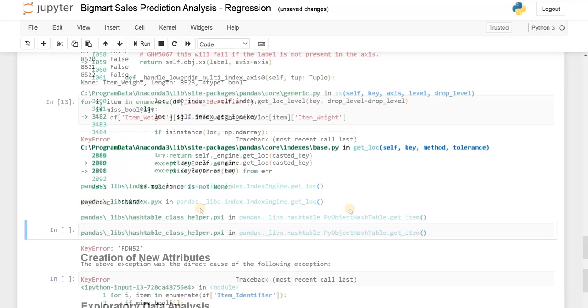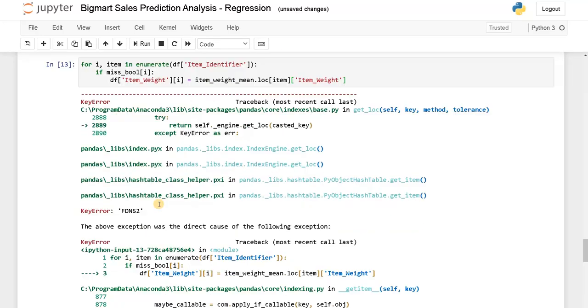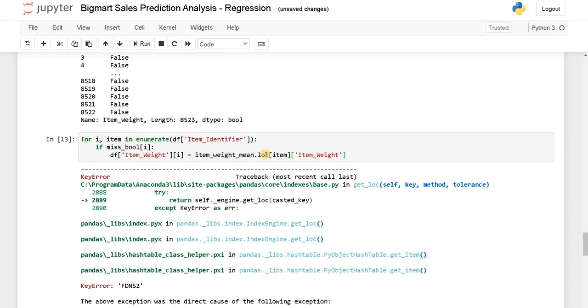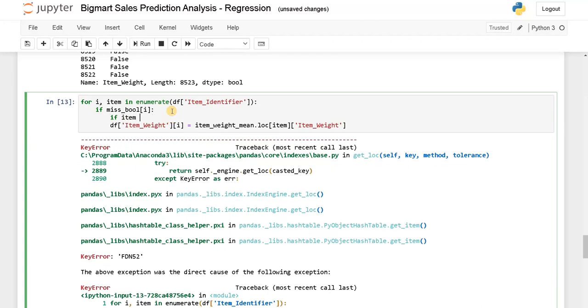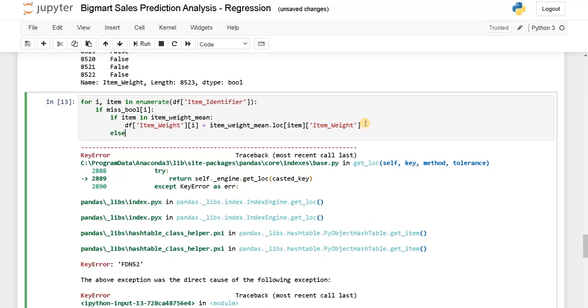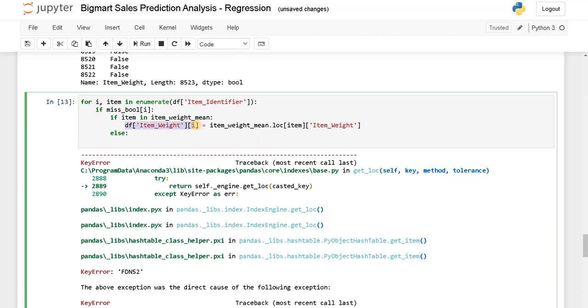Let's run it. As you can see, it's throwing an error because this particular key is not available in the mean weight. This is possible when all the item identifiers have the missing values. To avoid this situation, we will add another condition: if item in item weight mean, if it's available in that pivoted table, we will assign that value, or else take this and assign it with 0 because we don't have any information on that particular weight.